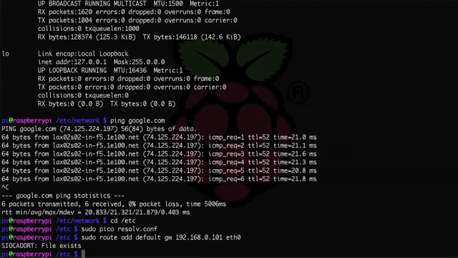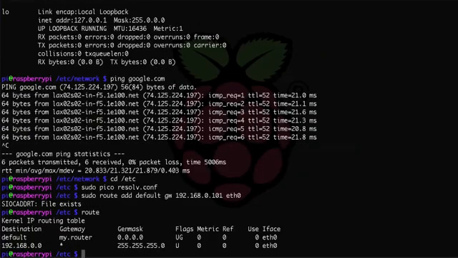And like I said, you'll want to use your router's local IP address here, so don't use .101 because that's just for mine, unless, hey, your router also happens to be on .101. So let's take a look at our routing info here. So route will show you our route. So now you can see I set my default route or default gateway to the internet through my router's IP